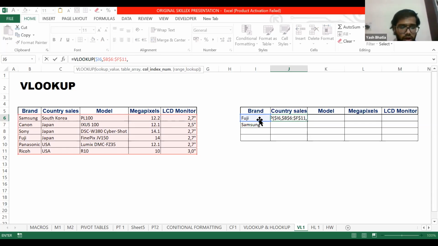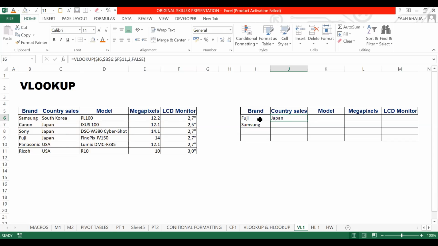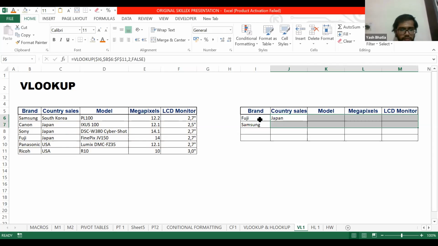Then I apply the column number. We have to extract data from column number 2. Then we need to give the condition false, and it's done. Now I can easily paste it, and I need to just change the column number of every column to make the formula work.